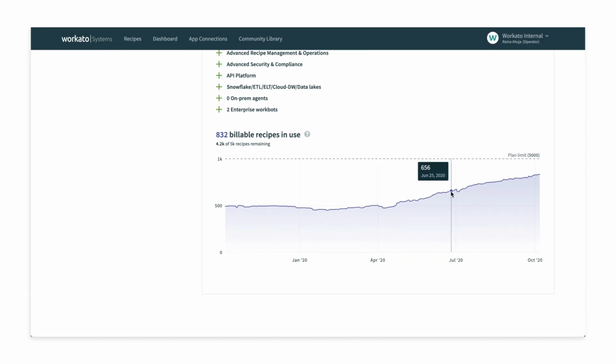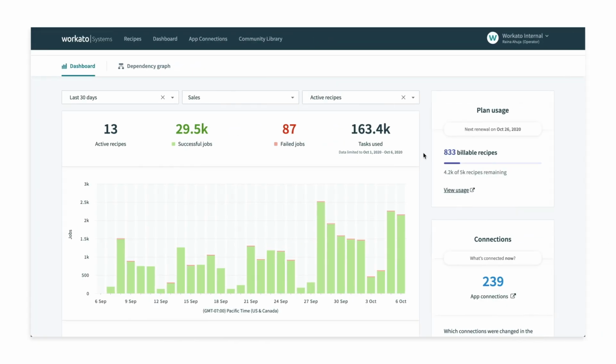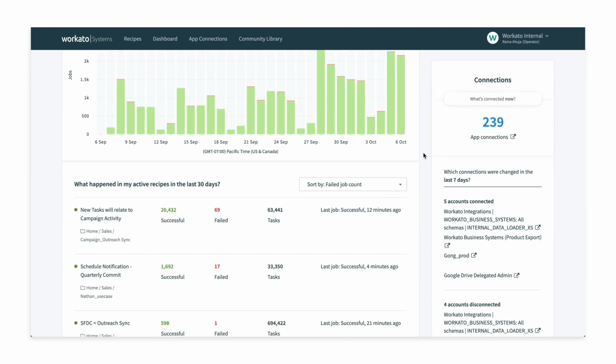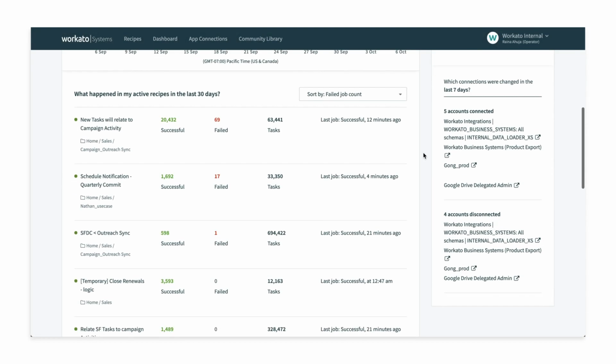The recipe usage charts give you instant visibility into growth trends for recipes. As the number of recipes and users within your Workato account increases, a multitude of connections will be established. Back on the dashboard, the Connections panel gives you an overview of the status of connections in your account. Use the Connections panel to track the number of apps connected now and which connections were added or removed in